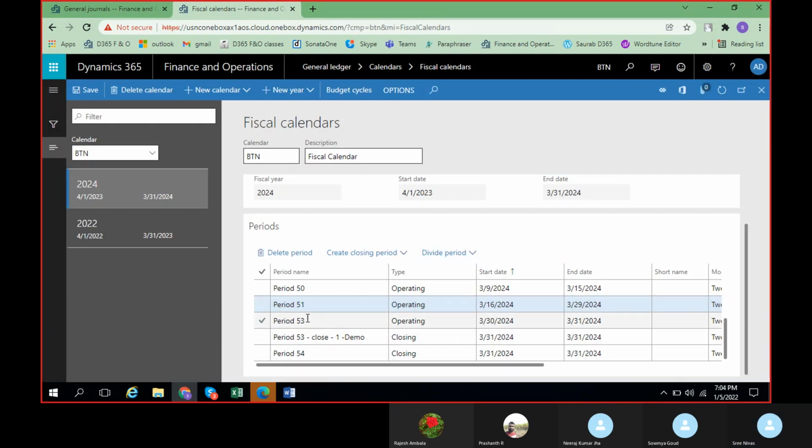Okay. Period 52 got deleted, but it won't change the number sequence for the next period. That period gets deleted, that's all. So you have this option as well, in case you want to delete a period. If you want to add one more period later, you can just click. See, here the entire week got deleted.